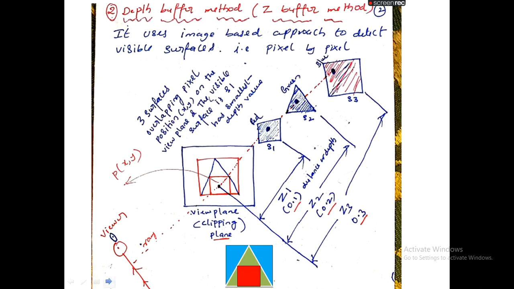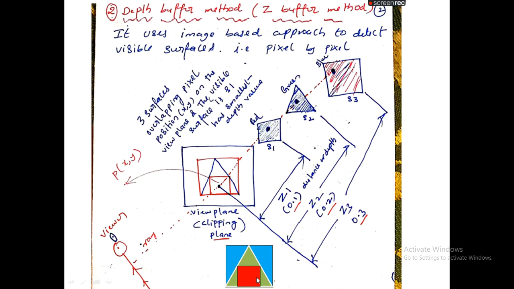Similarly, with respect to surface 3, some of the pixels are not visible to the observer. Wherever the triangle is drawn, whichever pixels are behind the triangle with respect to surface 3 are not visible to the observer. So we need to remove those pixels also. So based on this, our outcome is like this.